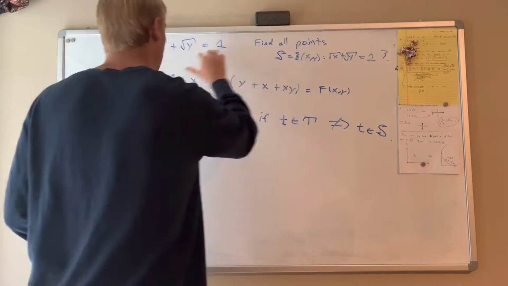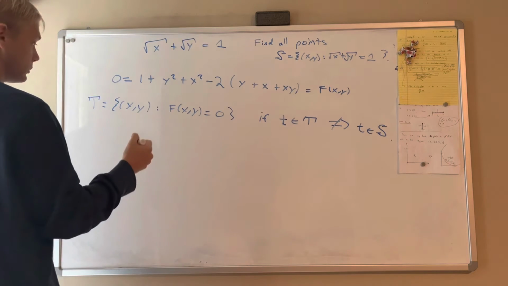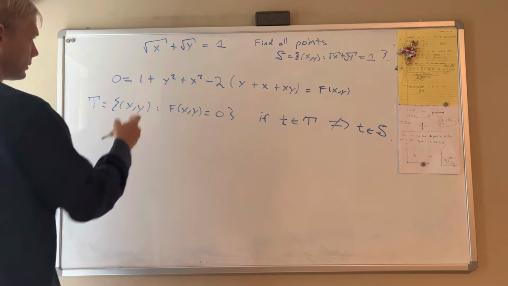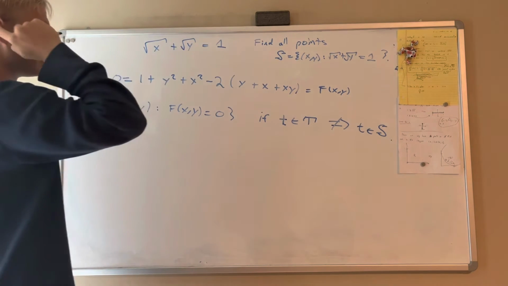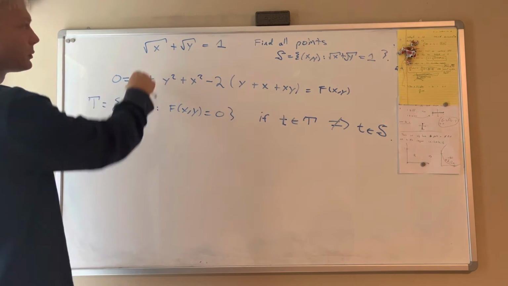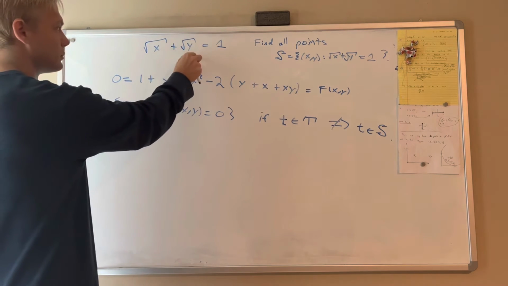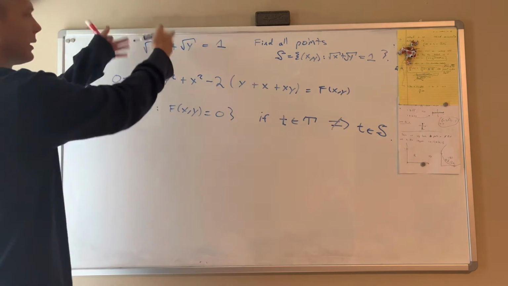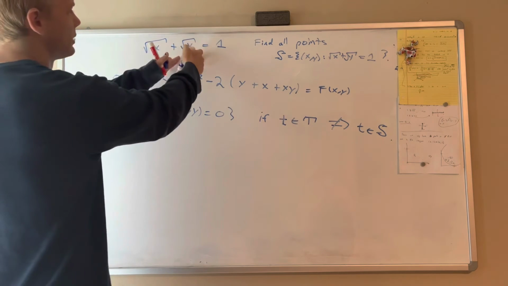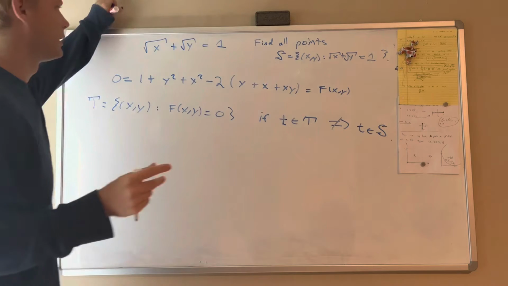So starting from our equation, we should know X and Y have to be greater than 0 because it's a square root. And each point X and Y, or each function underneath the root, since they're both positive,